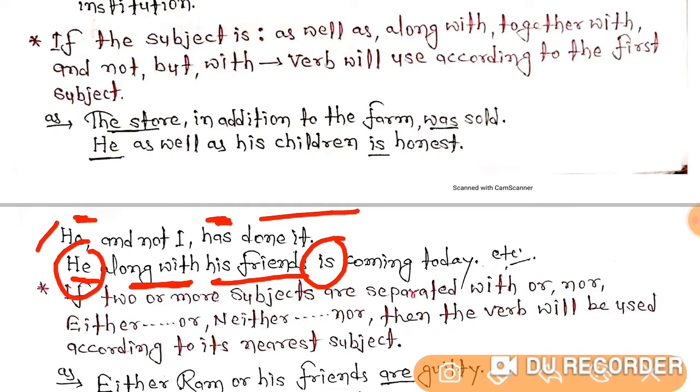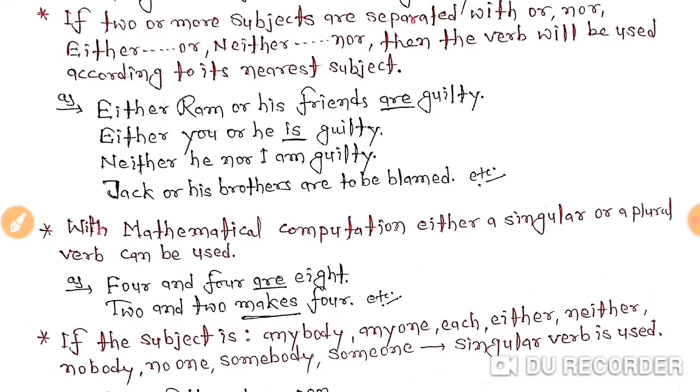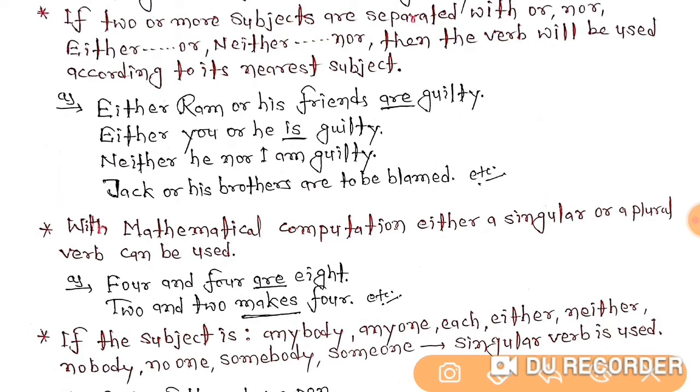As per the first subject, he along with his friends is coming today. Right, students? So remember the uses, that with what types of subjects we have to go with what types of verbs, right? Okay, now let's move to the next rule and next use, that tells you, if two or more